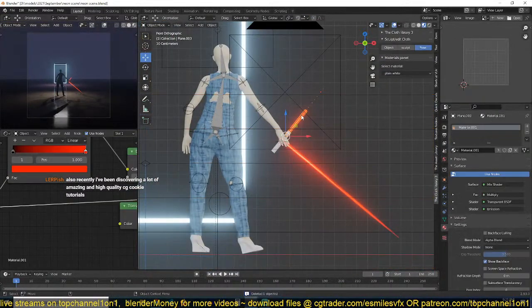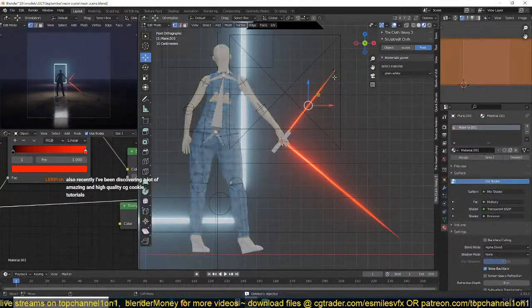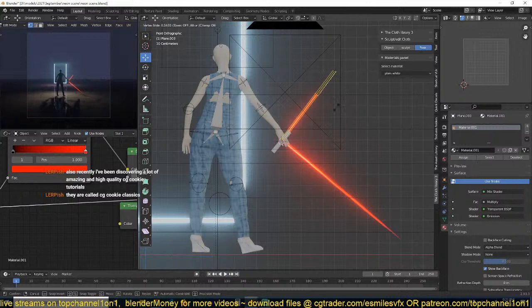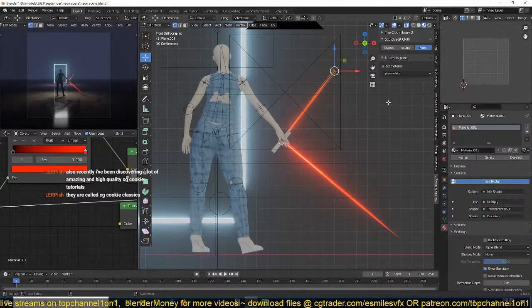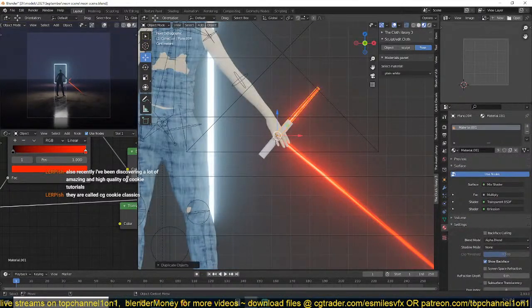I think I messed up here, but yes, have to grab that side, duplicate it,